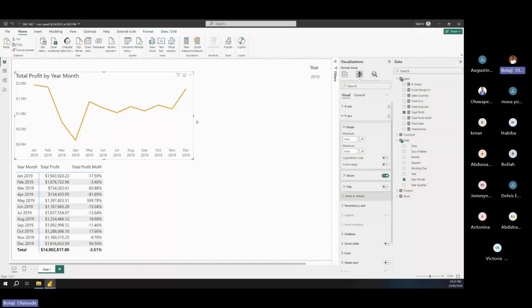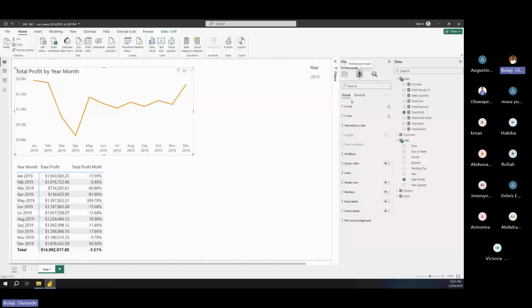What else can I do? I can make my title stand out a bit more, right? So that when they see this chart, they understand immediately what the chart is talking about. So I can come to my chart here, and in the title, I can change this to maybe